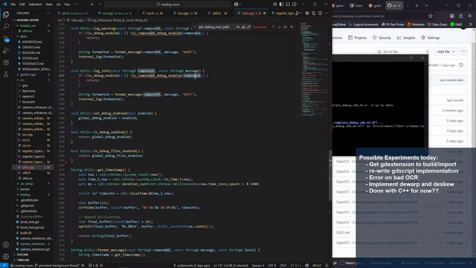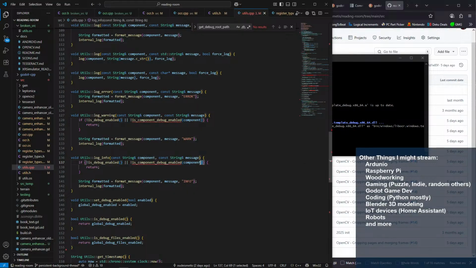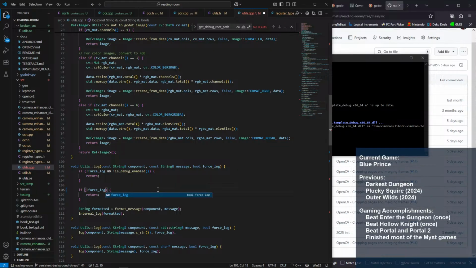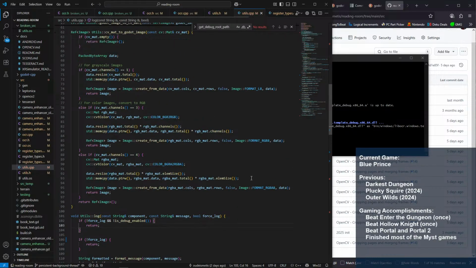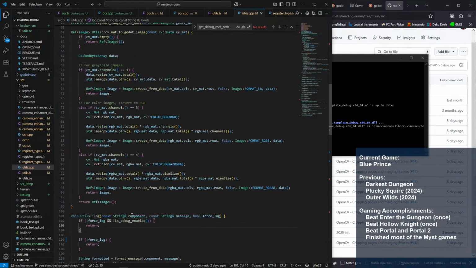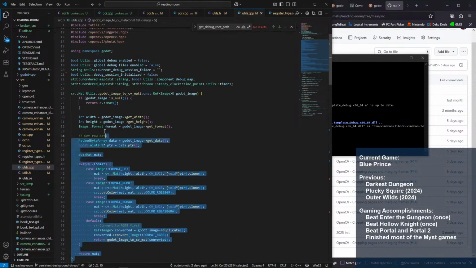Okay, let's get rid of this component level debugging. Let's get rid of that. Okay, and then these, like CV mat to Godot and Godot.